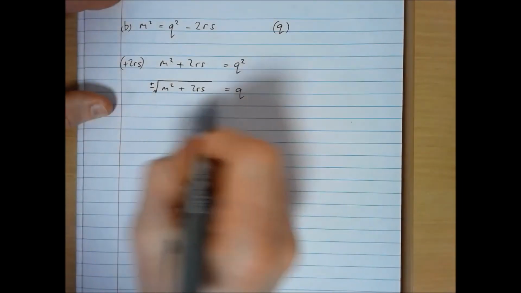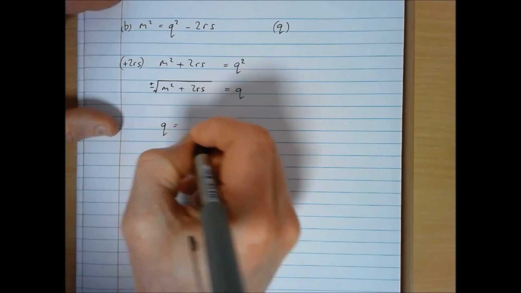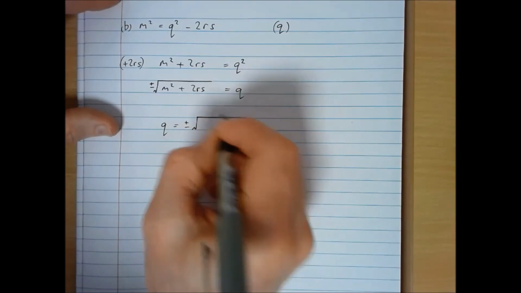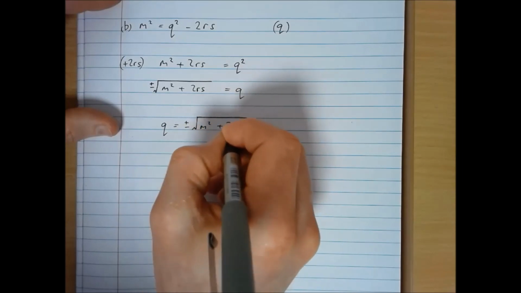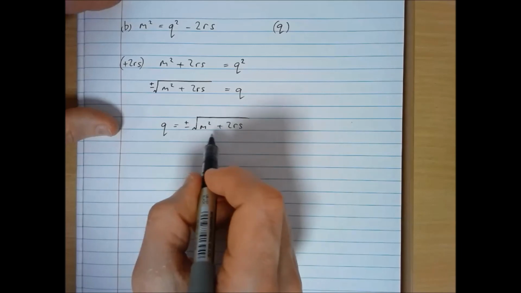So there again we have q now on the right though, but as I've said earlier, it's nice conventionally to put your subject on the left to finish with plus or minus square root of m squared plus